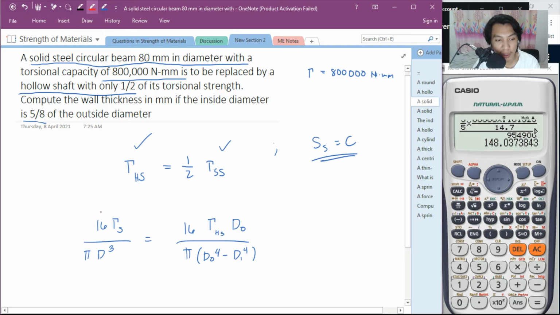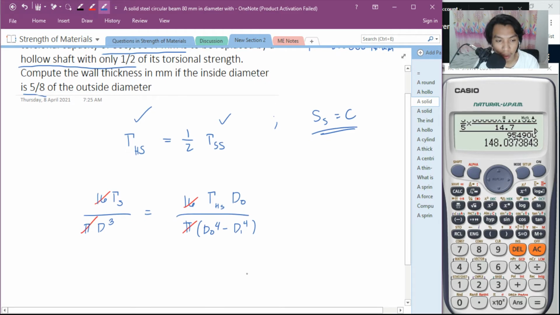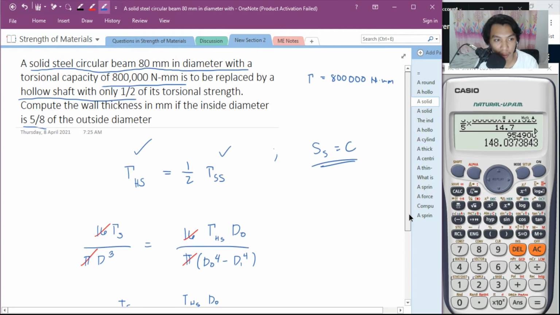So we cancel all the same units, the pi, pi, pi. Okay, let us simplify. T solid divided by d cube equals T hollow times Do over Do to the fourth minus Di to the fourth. The problem here is the wall thickness. What we are computing is the wall thickness, if the inside diameter is